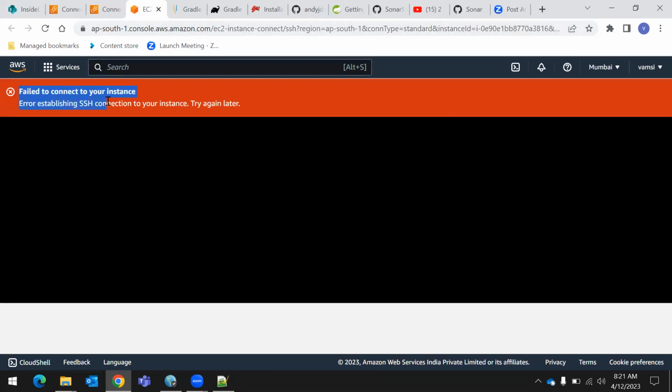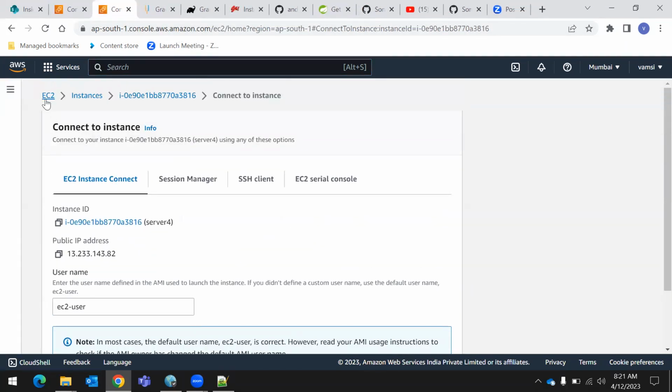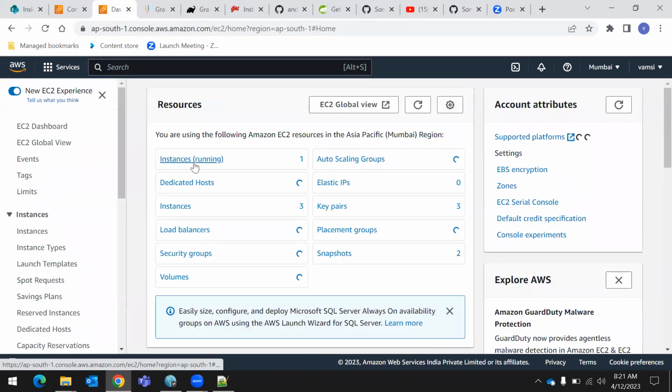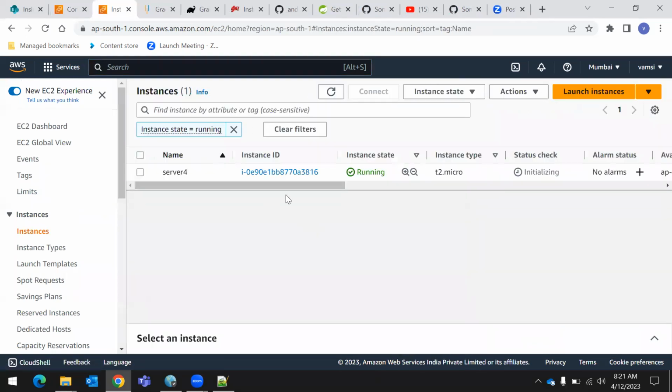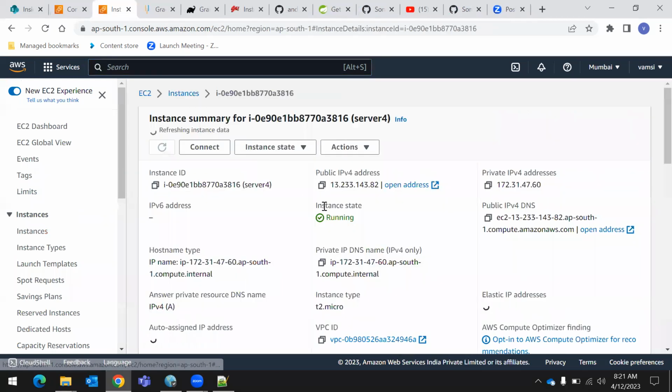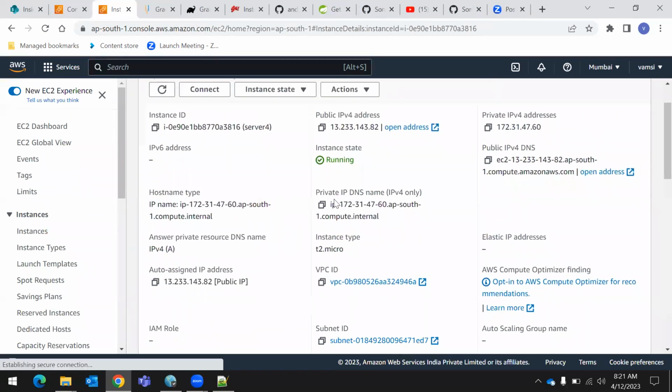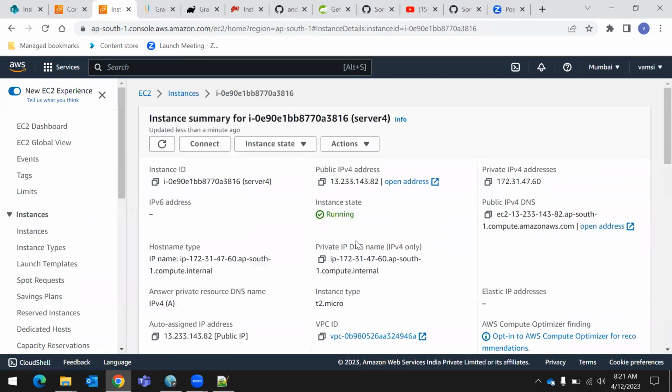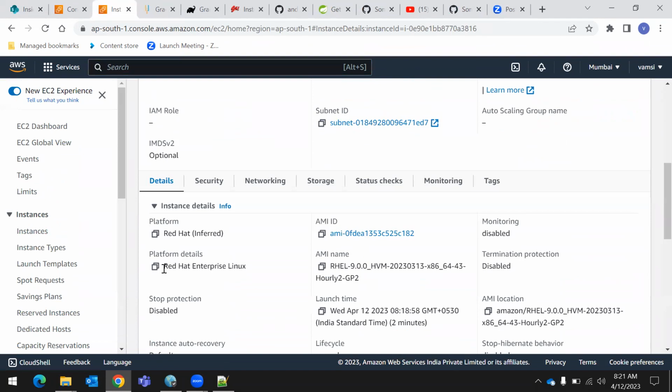So we are facing some error like error establishing SSH connection. No issue. Let me check which operating system I have selected, because based on the operating system, there might be an issue. Can you see what operating system we have selected? We have selected an operating system called Red Hat Linux. For some operating systems, if you are not able to connect,